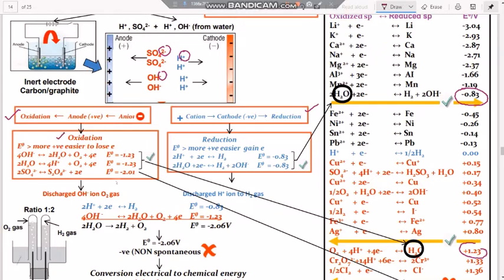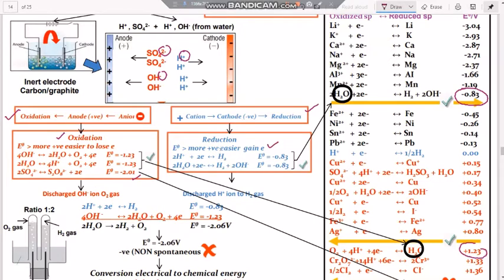If you observe, a greater positive E naught value means it is easier to lose electrons. Which is greater? See, hydroxide ions are there. For these hydroxide ions, the E naught value given here is minus 1.23, as here we have plus; here the oxidation potential is minus. For sulfate, it is minus 2.0. Coming to the reduction potential values, a greater, more positive E naught value means it easily gains electrons.